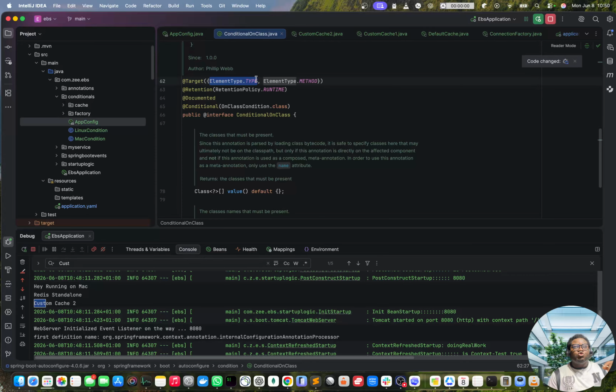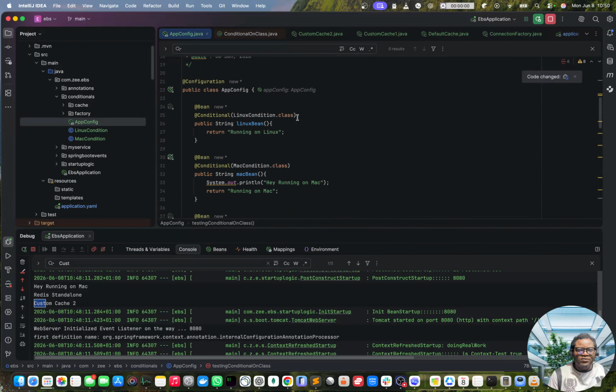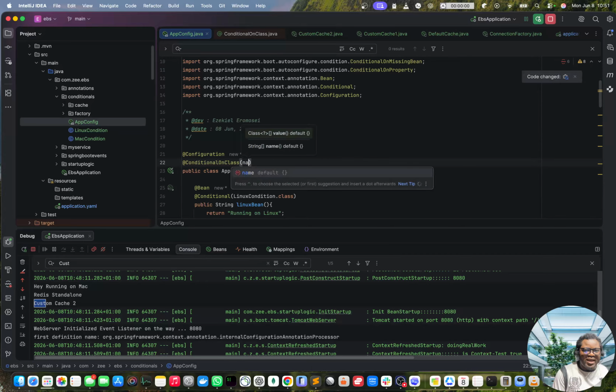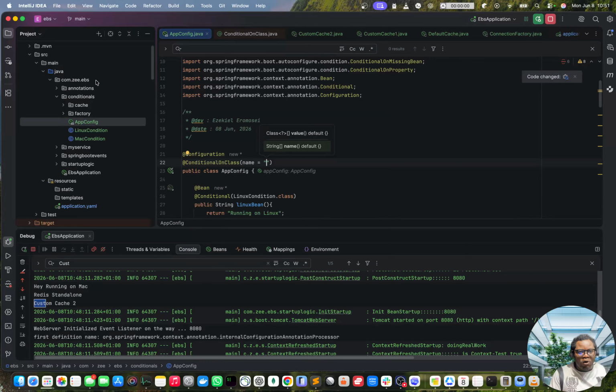So you could basically place it on class level saying, if this class does not exist, don't bring in this entire configuration. So this is what I'm saying. You see all this configuration, I could say a condition on class. If a class is not available, I'll say don't bring it in at all. And the beautiful thing is, I could say the name, it's a string, right? So I could wire the class in all the way from here. I could say